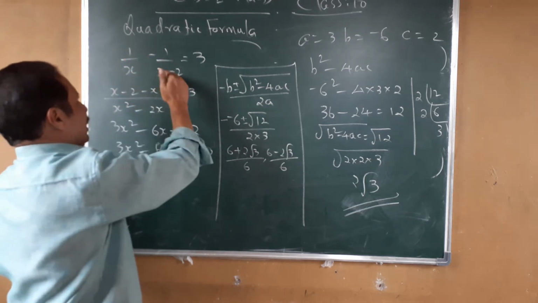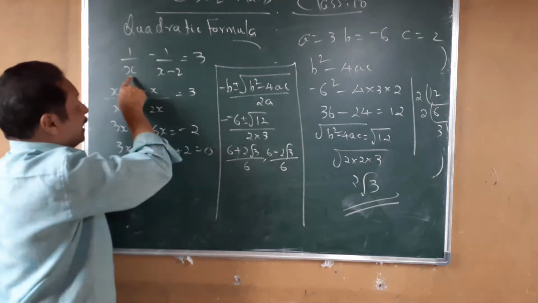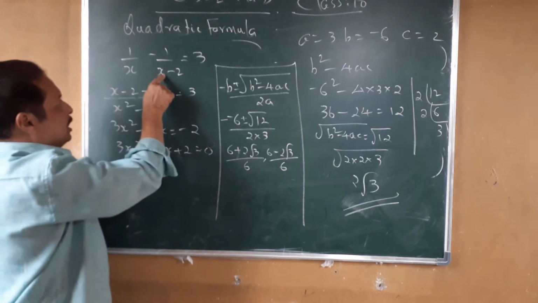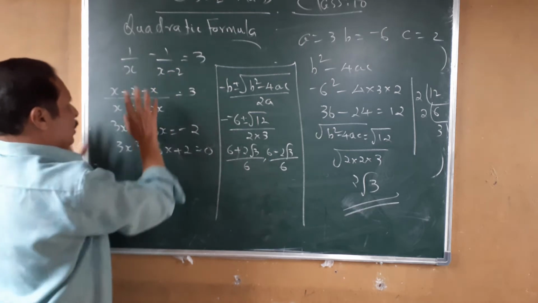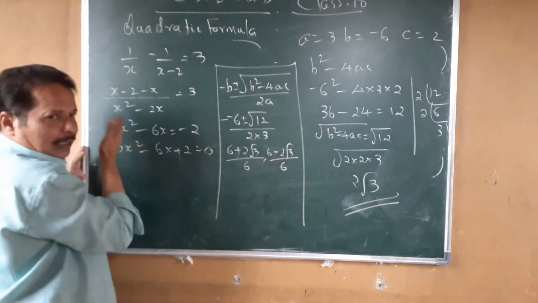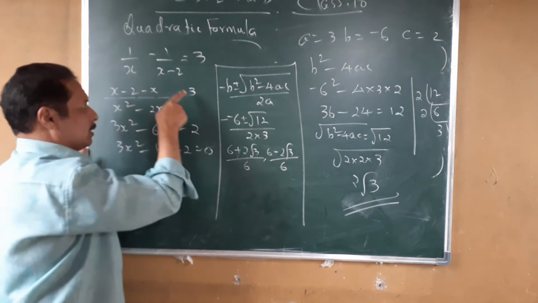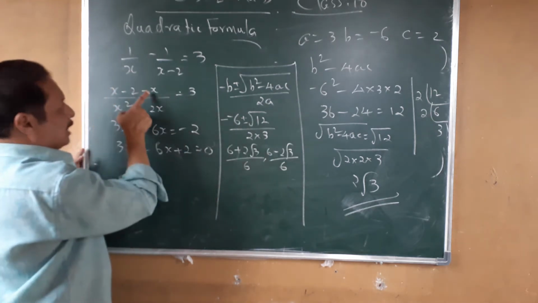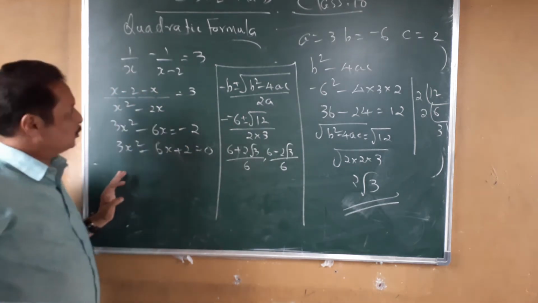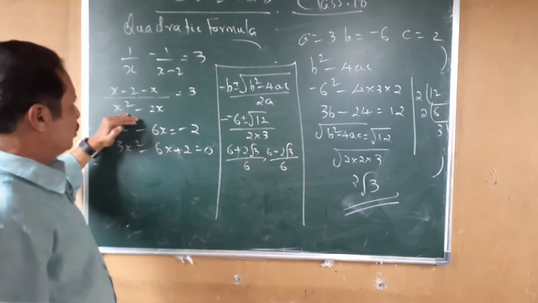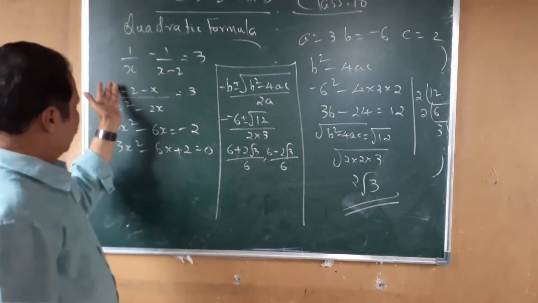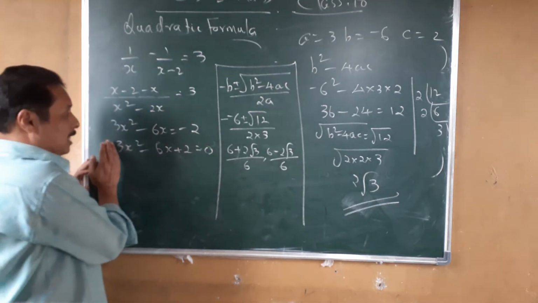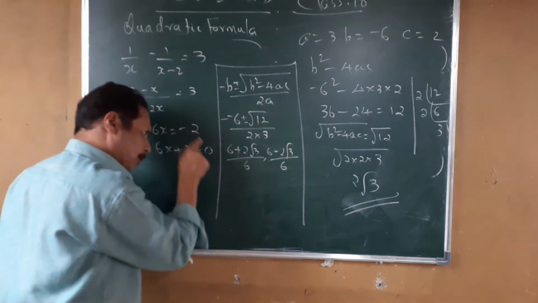Look here. 1 into x minus 2 minus 1 into x, divided by the product of the denominators, x into x minus 2, equal to 3. Is it clear? Then again cross multiply. 3 into x square, 3x square, 3 into minus 2, minus 6x, equal to, here it is, x minus x cancel, remaining is negative. Get the idea? Here 6, then cross multiply. Here my x and minus x cancel, minus 2. Is it over? Then minus 2 transferred to the left side: 3x square minus 6x plus 2 equal to 0.